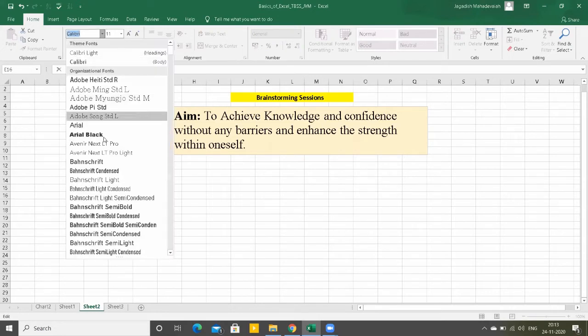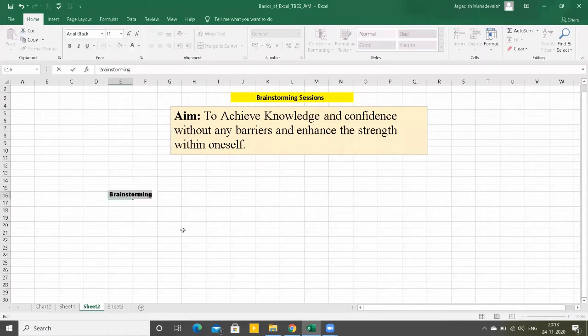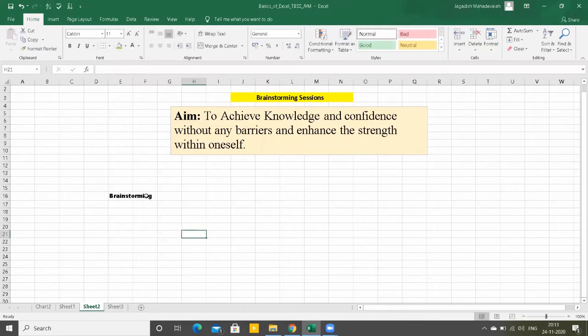You get plenty of options. These are the various writing formats, or the print formats of the alphabets. For example, I take Arial, blue. The word format will get changed. That's the basic thing which we should know.